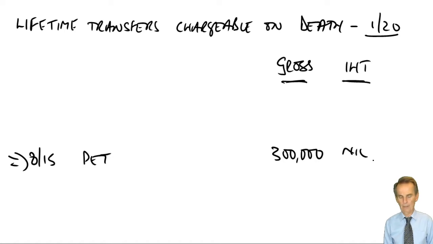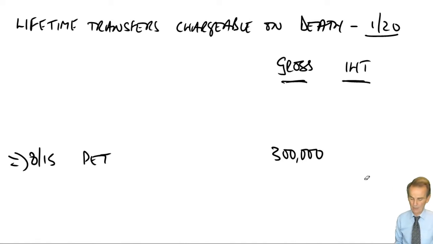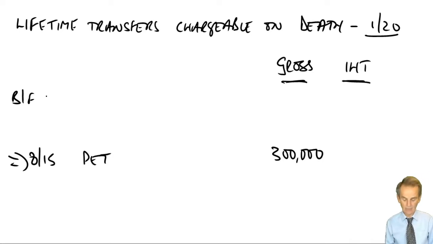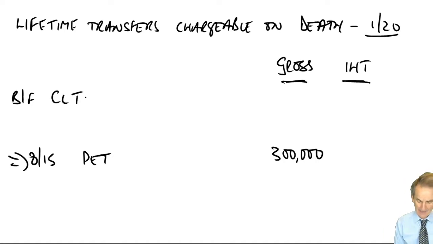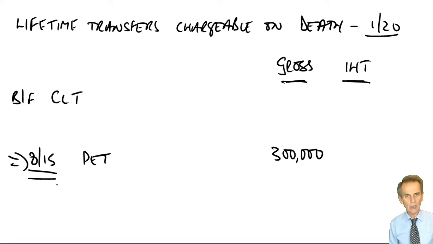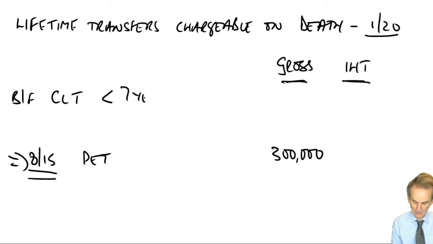That would have been the case, but it isn't, because there was, and we'll now record this here on our computation, a brought forward figure at the beginning of this period. We had the brought forward CLT, and we will record any and all CLTs that fell within the 7 years prior to this transfer, prior to this PET. So that's within the 7 years